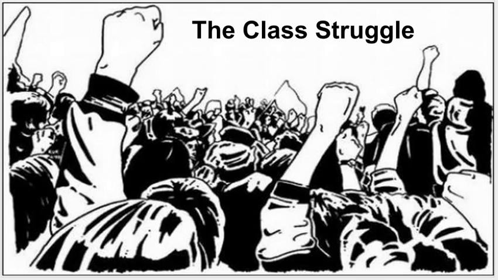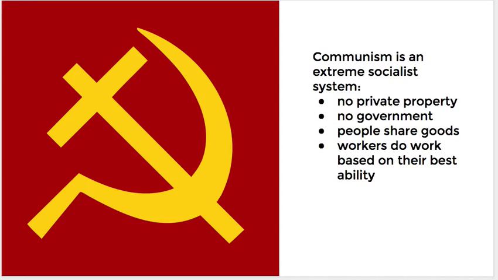And he believed that this would be a bloody revolution, but it would be necessary for the working classes to overthrow the factory owners. And when this happened, the working class would at first establish a small government in order to make sure that the goods and the capital were redistributed in society equally, and then eventually this small government would wither away and everyone would be equal. This, however, never actually happened in any society.